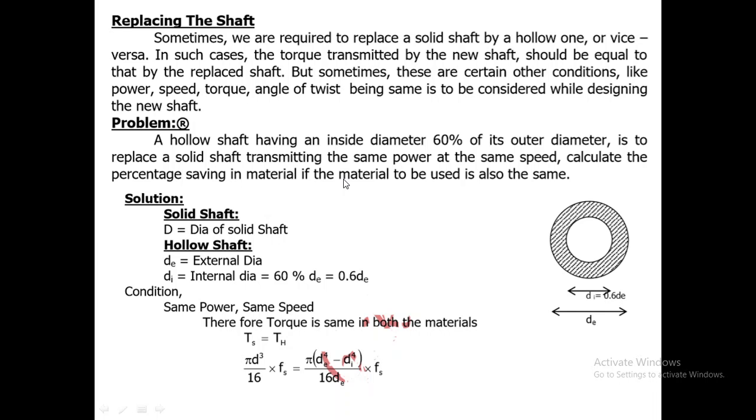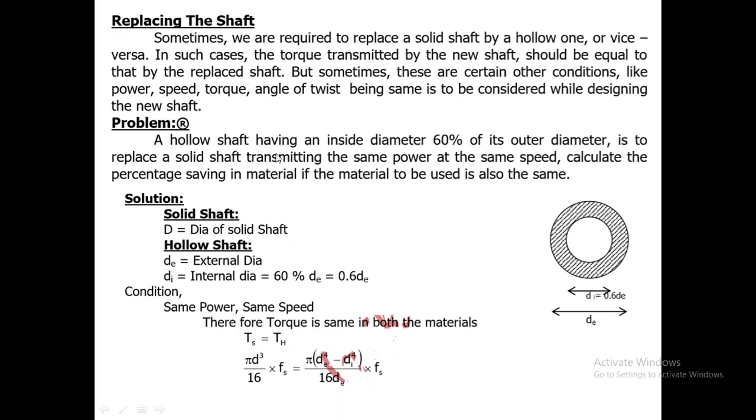In some applications there are conditions where we may have to replace a solid shaft with a hollow shaft or vice versa. In such cases we have to keep in mind the power transmitted, the speed, torque, and angle of twist while designing the new shafts. Based on this replacement of the shafts, we have the problem here